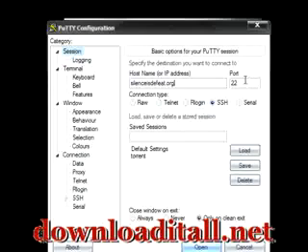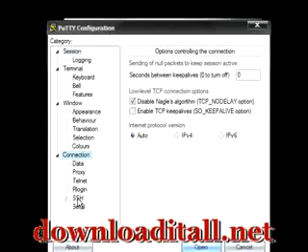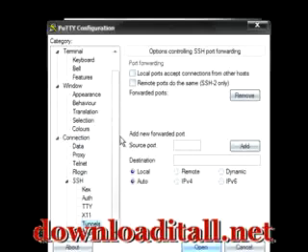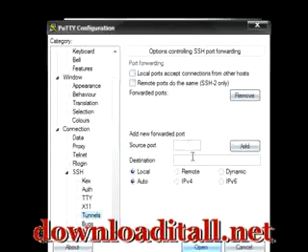You want it to be on port 22. It's an SSH service. Then you want to go down to connections, SSH tunnels, and then you want to click dynamic,